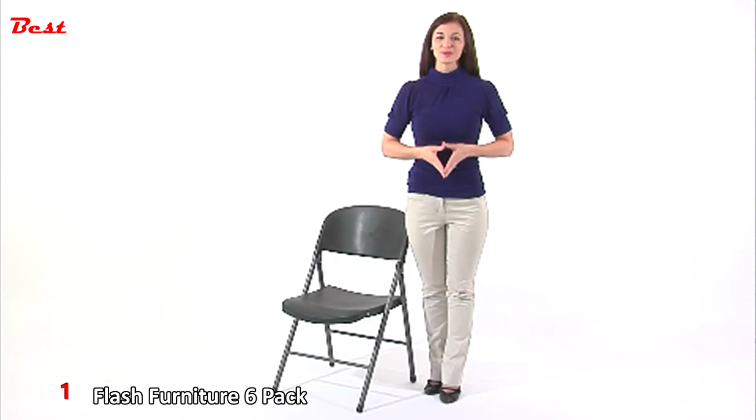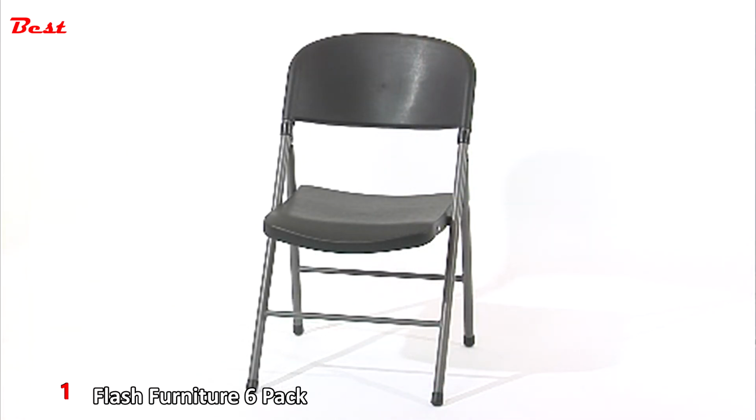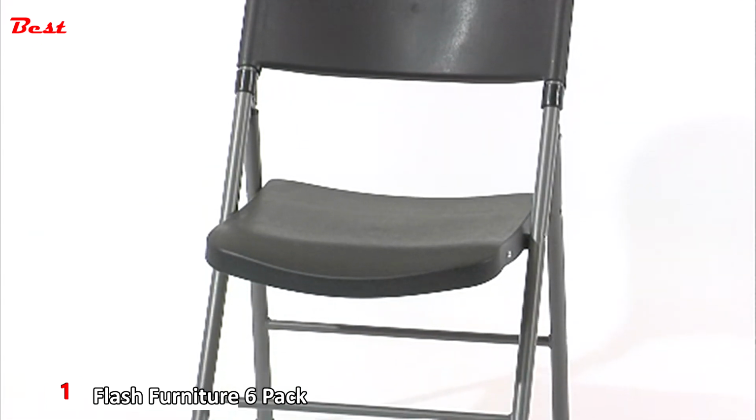Whether you're planning a huge party or a small gathering at your house, these lightweight black plastic folding chairs from Flash Furniture are the best option. One of the best features of this double-braced folding chair is that it's designed for indoor and outdoor use. The seat and back are made of polypropylene injected plastic, and the 18-gauge steel frame has supports on each side